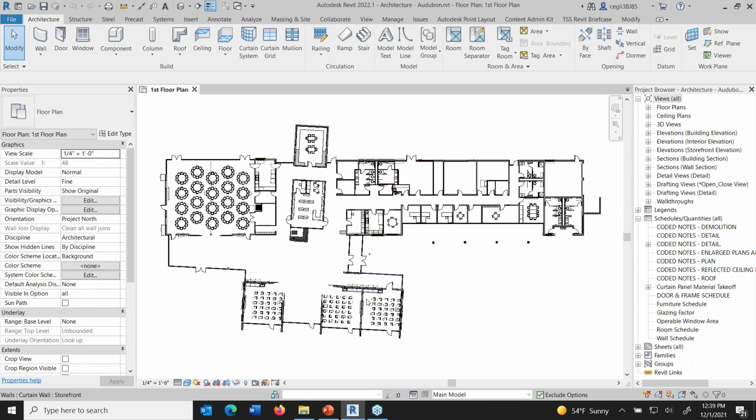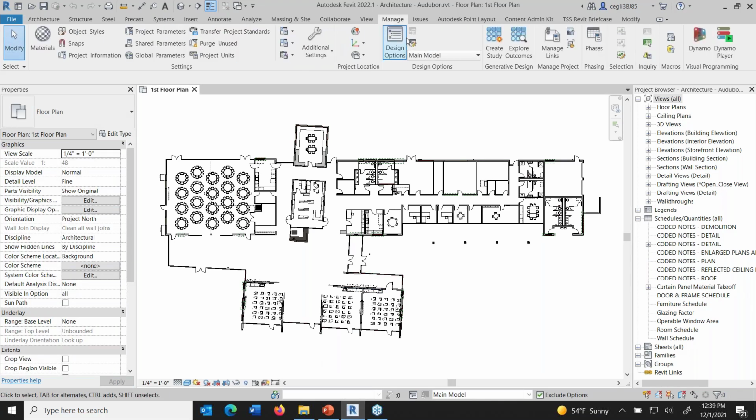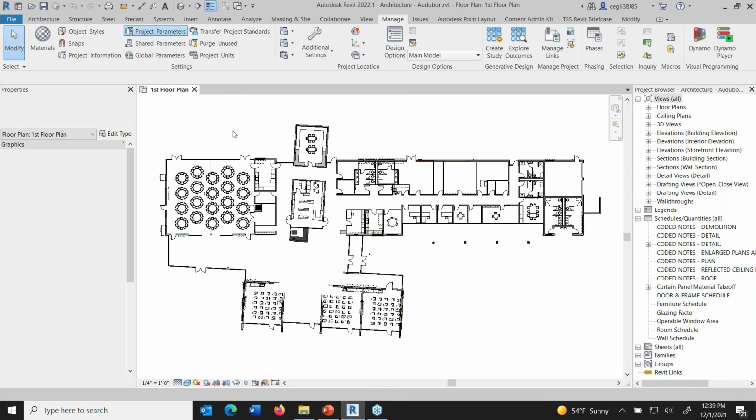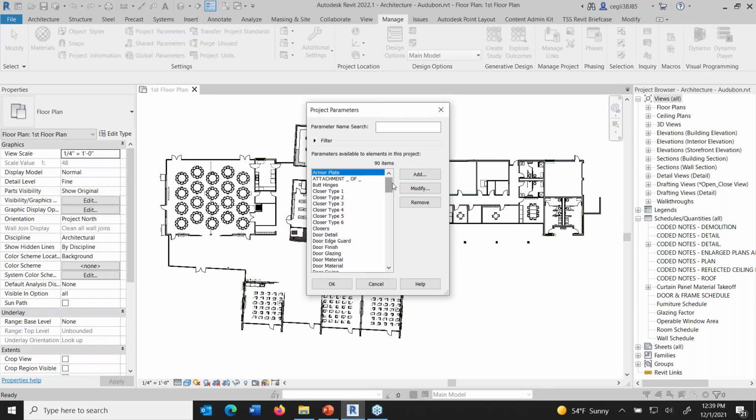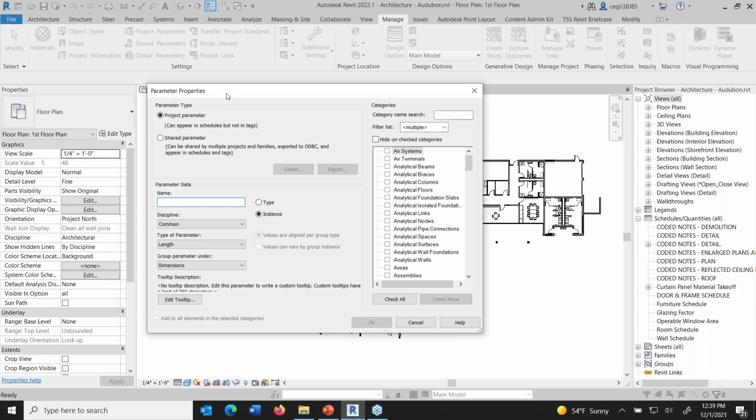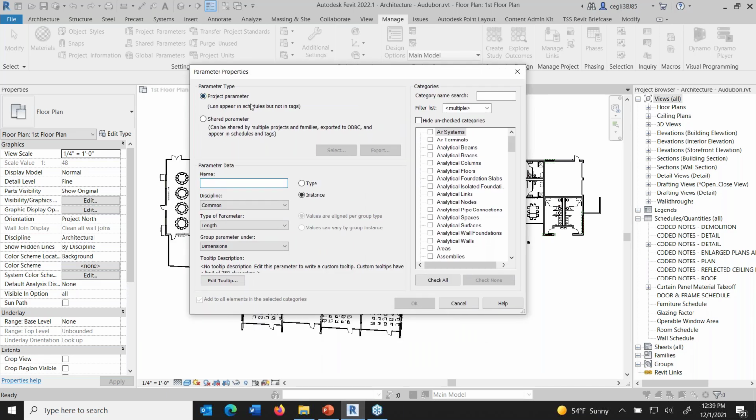Okay, so let's add a project parameter in. It's better to go over this first before we get into shared parameters anyway. And you can see they're under the Manage tab, shared and project parameter right there next to each other. And what I want on here is a sound transmission class. So you can see that this project, they've been already working with it quite a bit, a lot of parameters in there on revision number and stuff like that. If I hit add, here's that kind of wordy looking dialog that comes up in project parameter, and not in tags, but in schedules. And I'm going to call this one sound